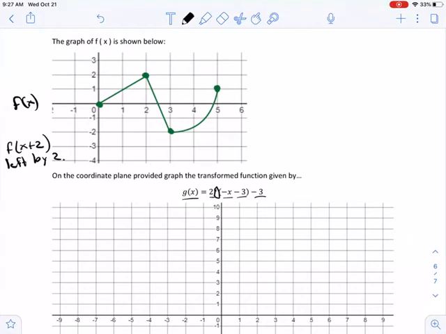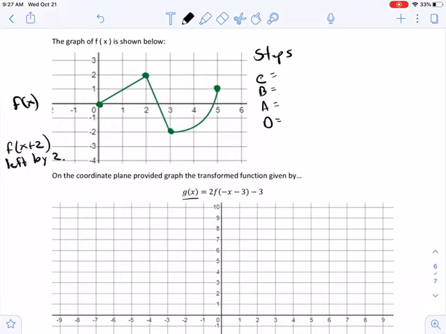So some people got tripped up with this f being in the equation, and it's no different from really the absolute value symbols or anything else that we're transforming around. It's just that now we have a graph that we're transforming instead. So looking at my transformations, I'd probably start by writing out my steps. So my steps here, if I'm doing this in the order of C, B, A, D,